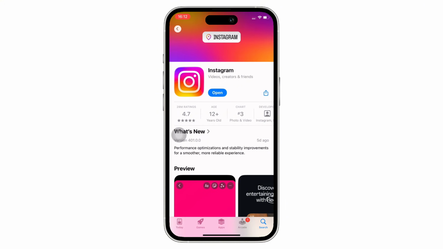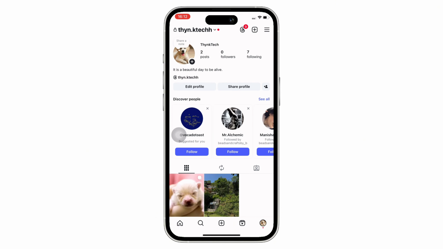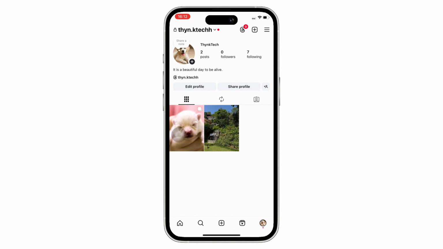Also, you can go ahead and check if your iPhone is updated to its latest version, as outdated versions sometimes cause compatibility problems. And if nothing fixes your issue, then open Instagram on your device and tap on your